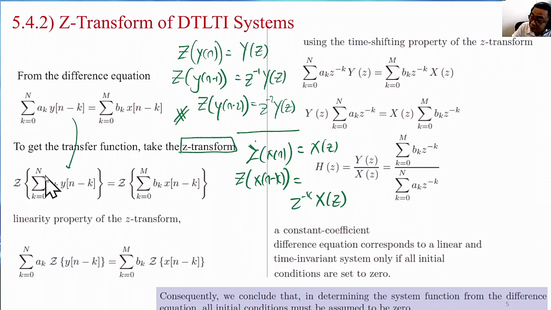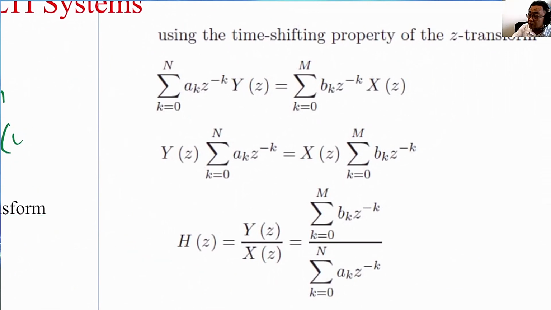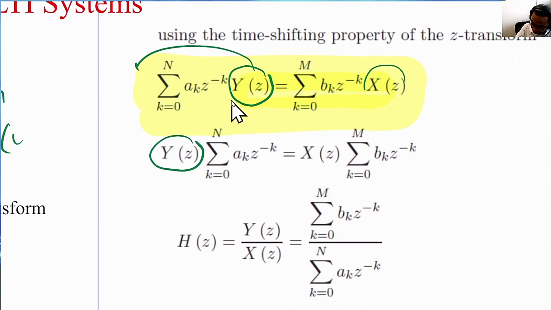We can break this into this equation over here and then apply this property. So we have this step now where we are in the z domain of the difference equation. We bring the Y of z out and the X of z out as well,